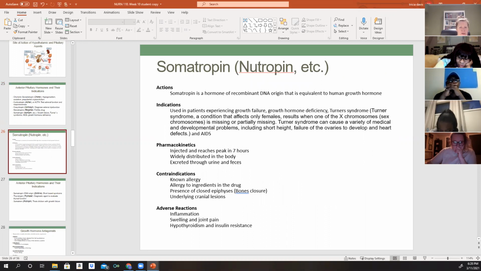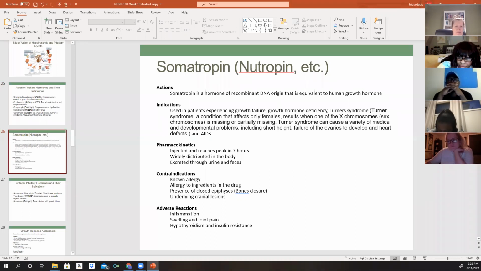The indications, we would use this, like we said, in patients who are experiencing growth failure, any kind of growth hormone deficiency, Turner syndrome. So Turner syndrome is a condition that usually only affects females. It results when one of the X chromosomes, which is one of the sex chromosomes, is missing or partially missing. It can cause a variety of different medical and developmental problems. Some of the things we see are shortened height, failure of those ovaries to develop, and sometimes you can see